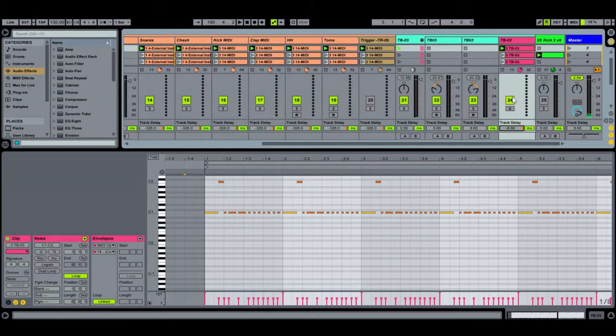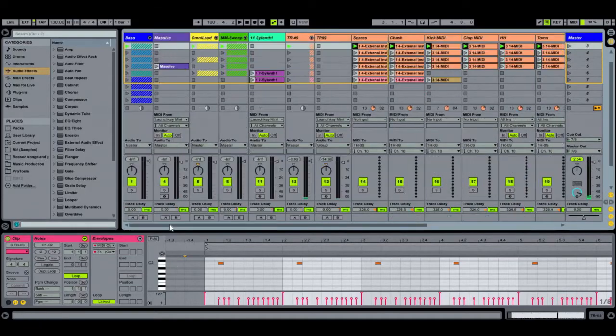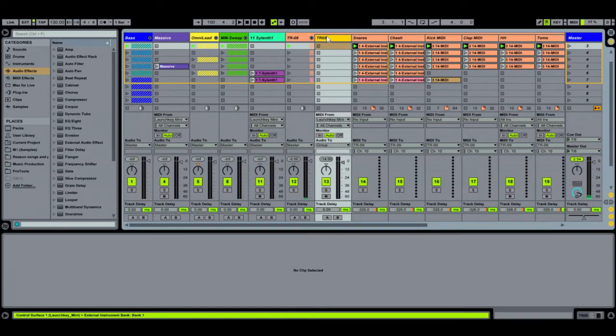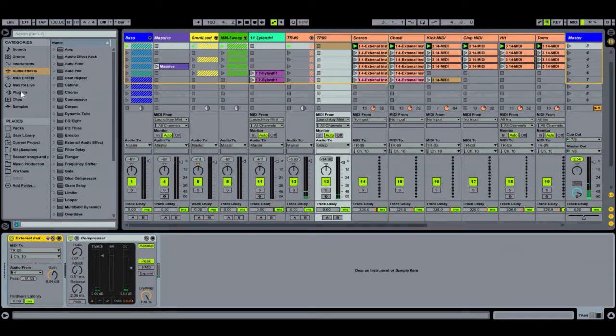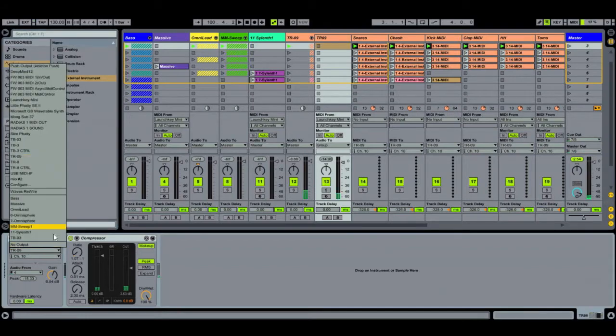So to answer your question, Robert, about how you hook up multiple external instruments in Ableton: what you do is you set up a MIDI track and you drag in an external instrument from the instruments panel. If you go to instruments, you'll see external instrument. You just drag this into your MIDI clip and it will add this and convert it into an audio/MIDI. Then you say where it's going to be sending to for MIDI control,